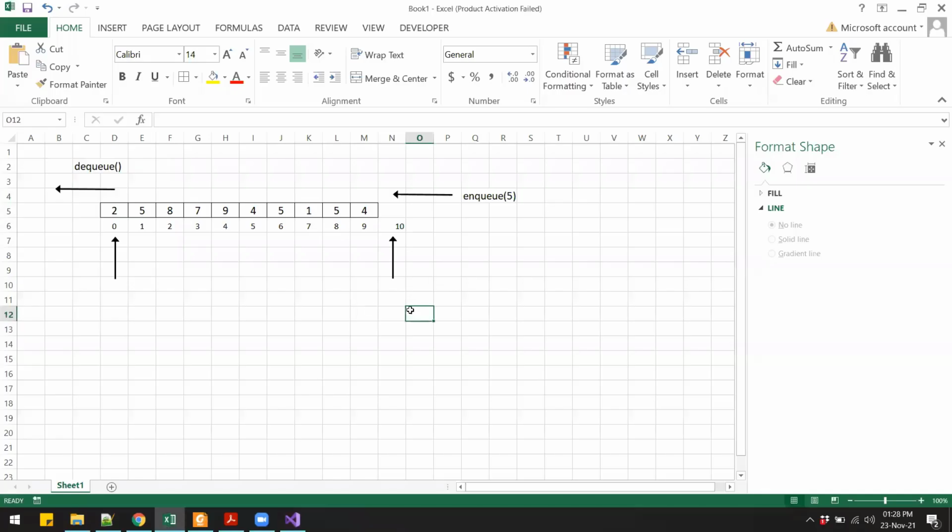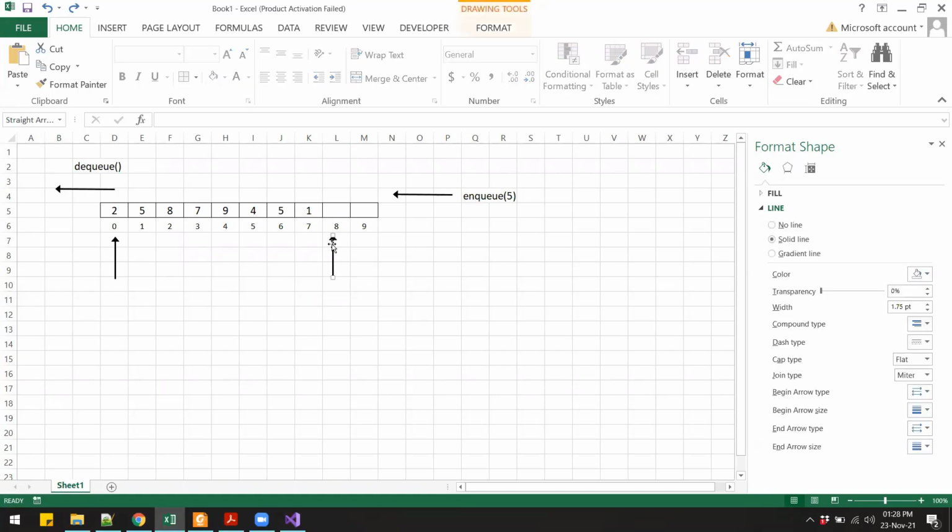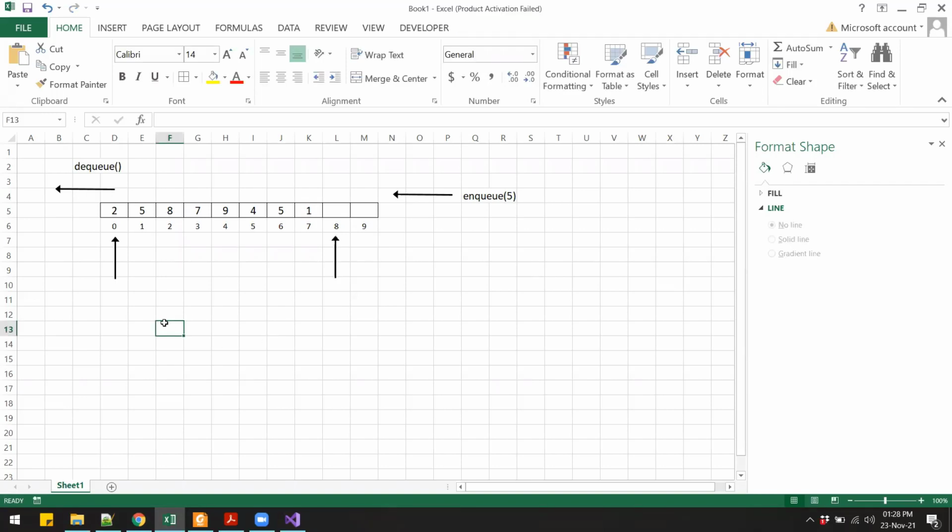So what I mean by that is, if I have the state of queue something like this, now when I call the enqueue function, the data will go at index 8, which is equal to the rear. So we can say we will put the data at the array which is called qptr. And at which index should we put the data?